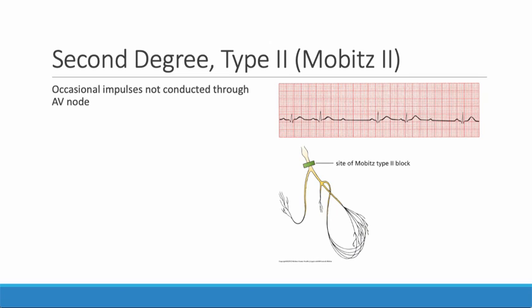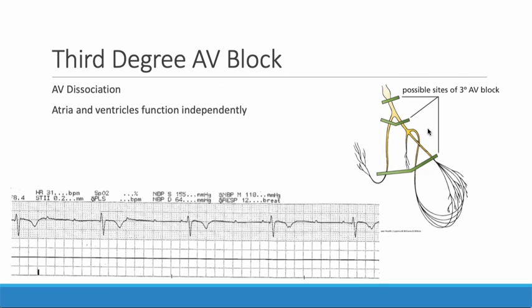Second degree type 2 is a whole different animal. This is where the PR interval is the same, and then suddenly there's a loss of conduction. Then back to a normal PR interval, loss of conduction. That is a more worrisome thing, and these patients usually end up going on to need a pacemaker. If they don't get a pacemaker, they devolve into this, which is third degree AV block, or